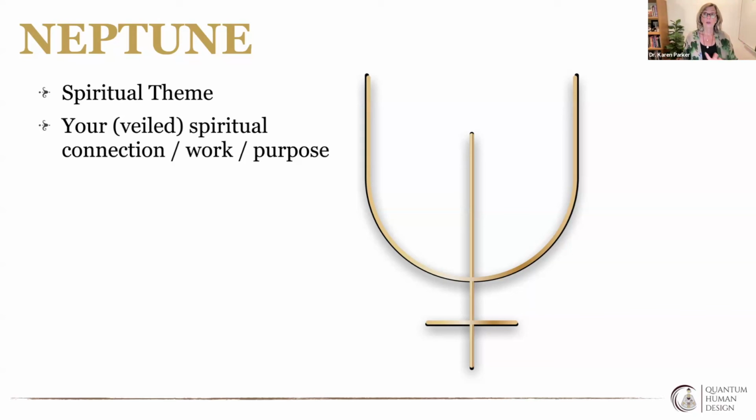Neptune highlighting the 25 is also about saying, hey, you have to trust the process. You have to trust that you're supported by source and not lose faith and not lose connection to source. And Neptune highlighting the 25 is also saying you've got to get connected to your higher purpose. You've got to learn how to not eliminate the ego. The ego has its function, right? It's here to serve the higher purpose, but you can't let the ego run the show. You have to surrender to that higher purpose and trust that it's all unfolding the way it needs to.